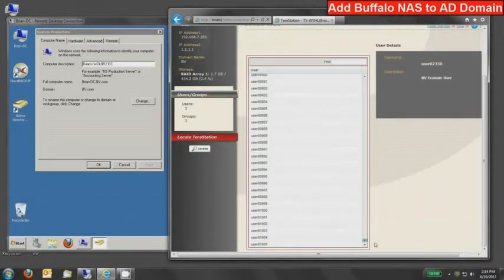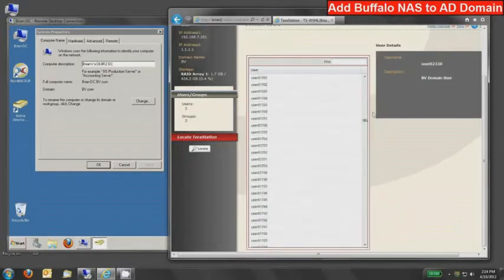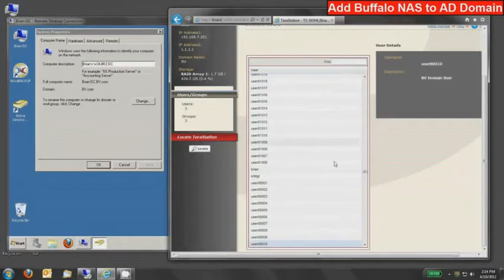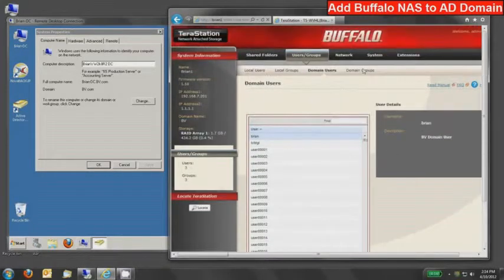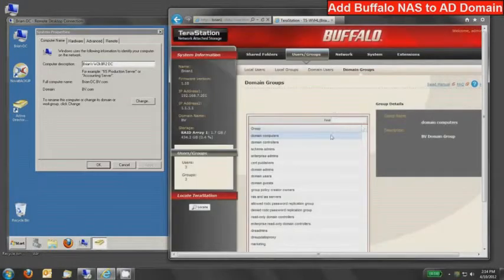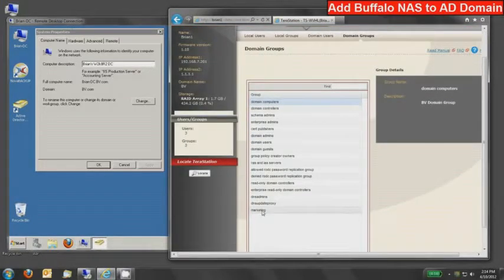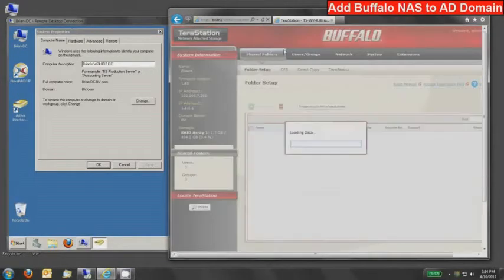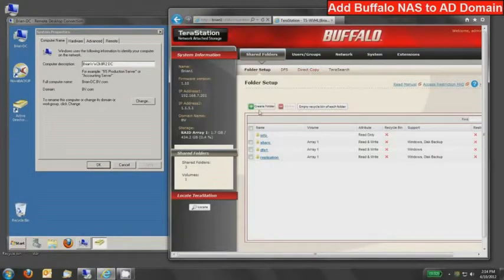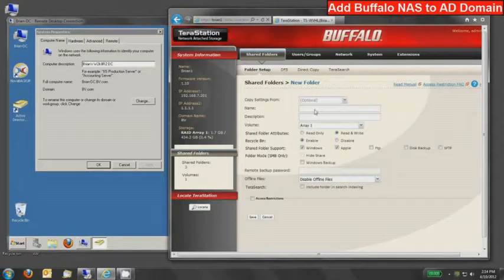And we'll go all the way down and probably see 1,000 plus users. And you can quickly type the name of a user and find it there. If you look, I have a user called Brian on the domain, so if I type Brian in, it'll come up and show Brian. Similarly, if we click domain groups, we can see all of the groups. So I created a group called marketing earlier, and I added some users to it, as well as all the default domain groups. So if I want to create a folder and use these permissions now, it's a very similar process where I can go in and either create a new share or modify an existing one.